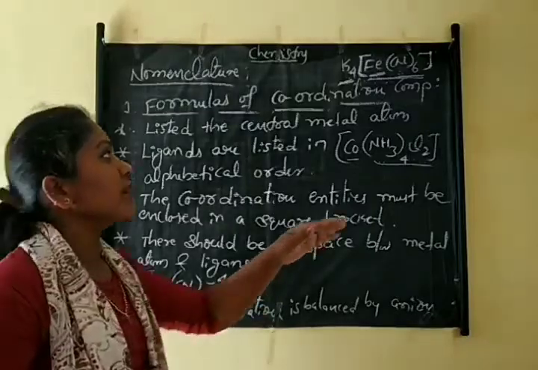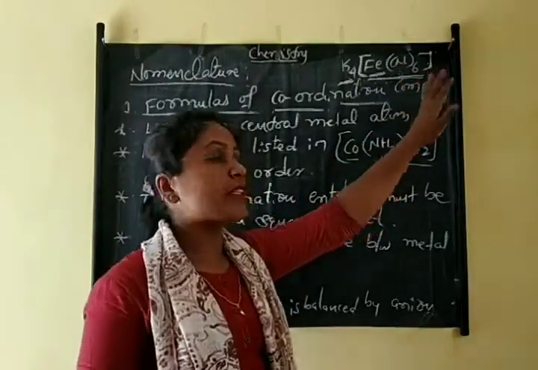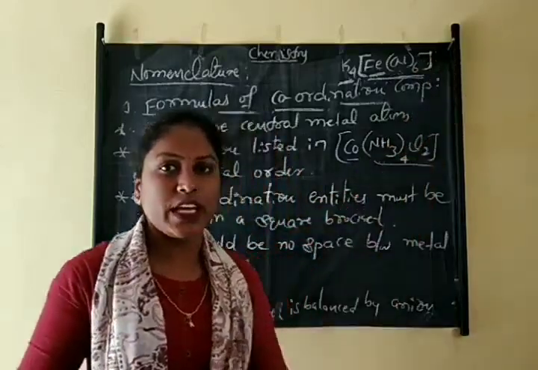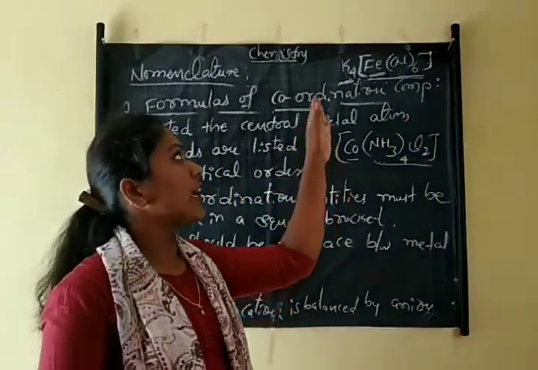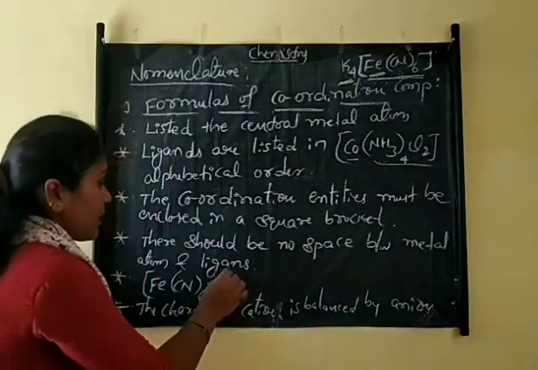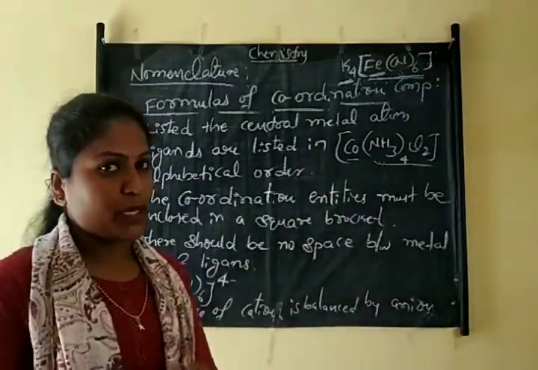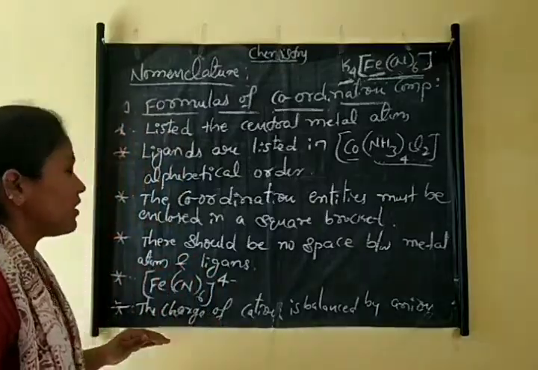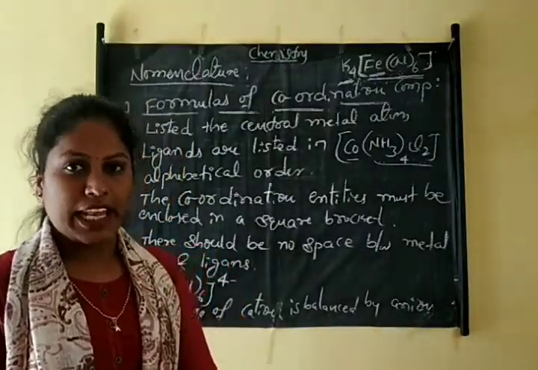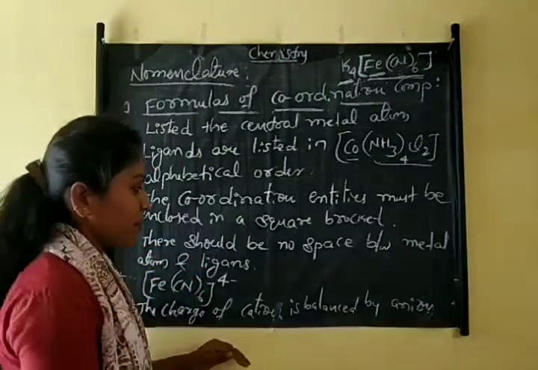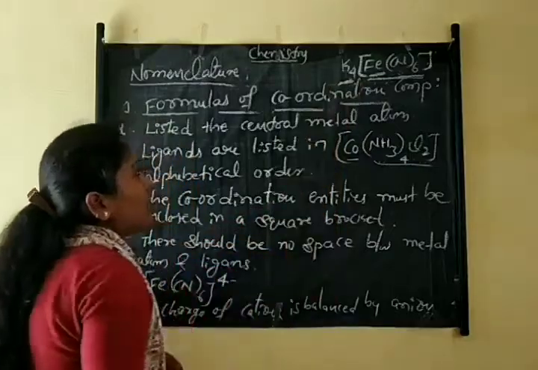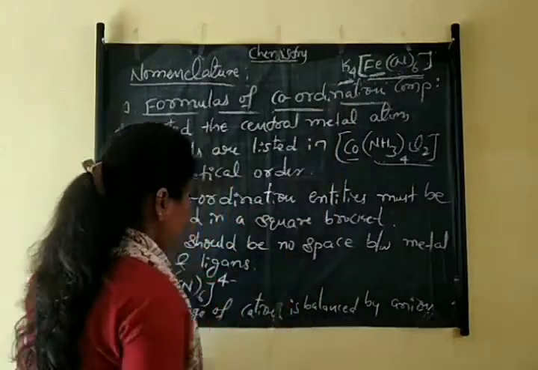The next one is if the coordination entity is written without the counter ion, the charge must be written outside the square bracket. When we write the coordination entity without a counter ion, we must mention the charge. Okay, last one, the charge of the cation is always balanced by the charge of the anion. You have seen the previous example. So if we balance it,